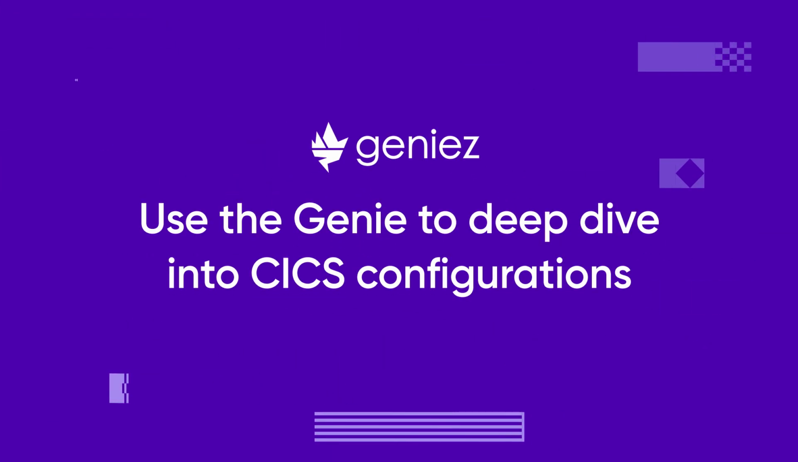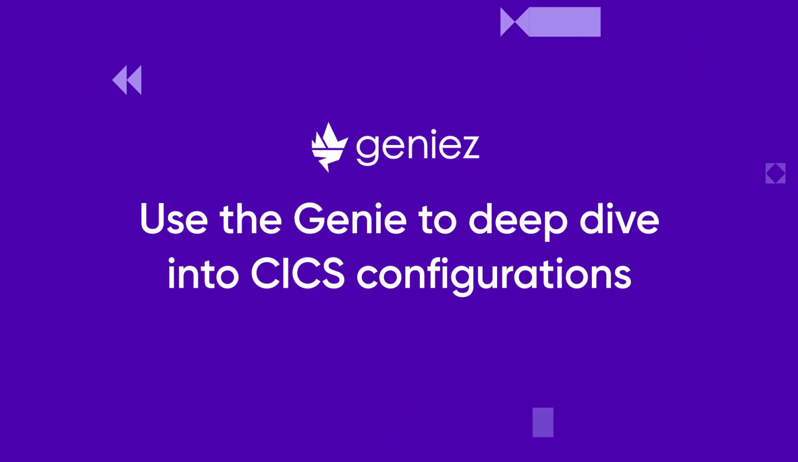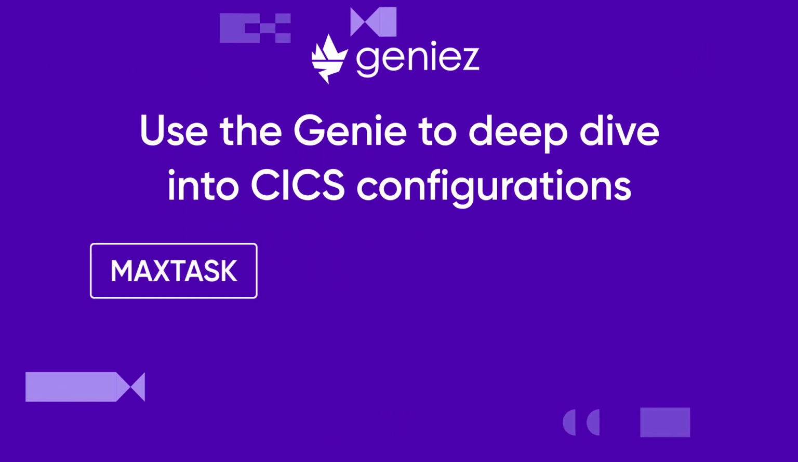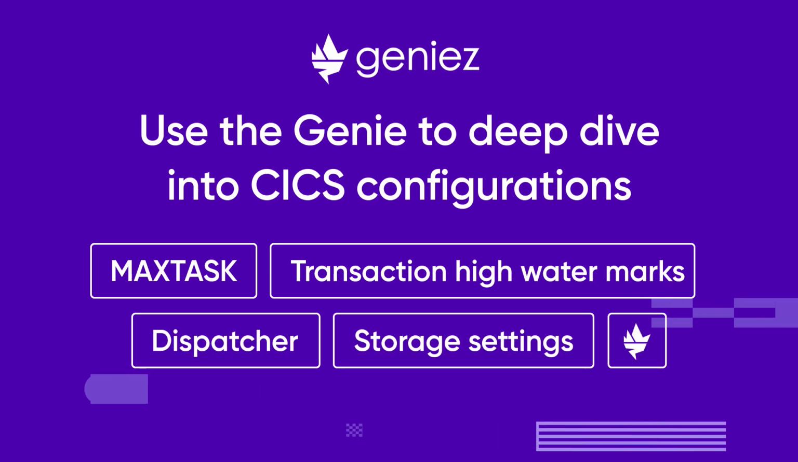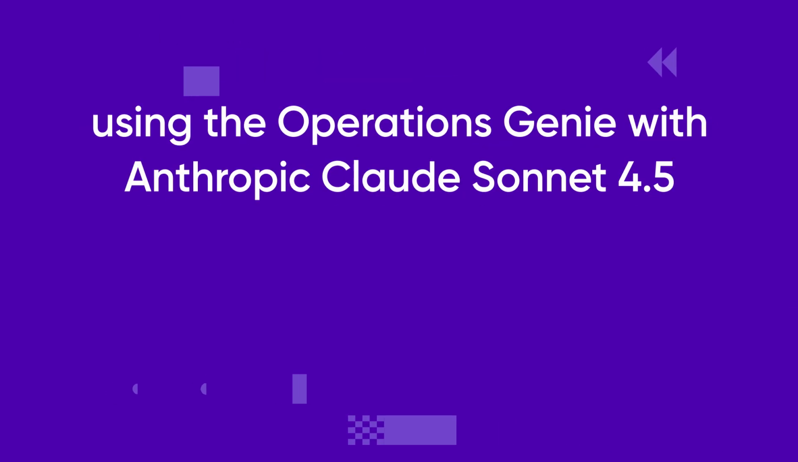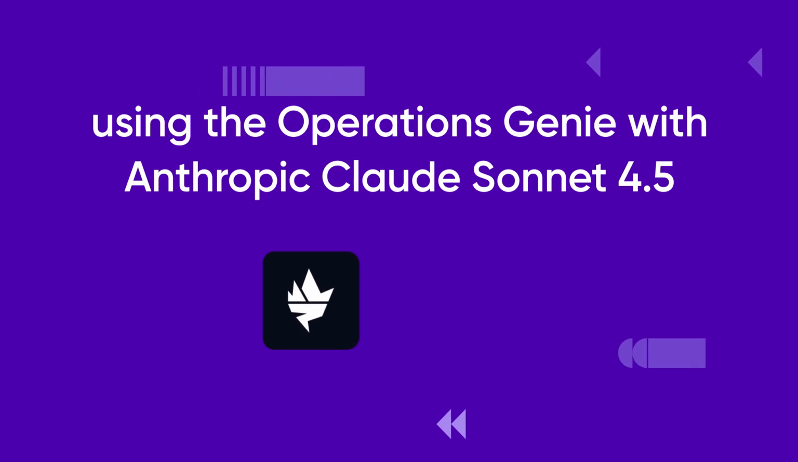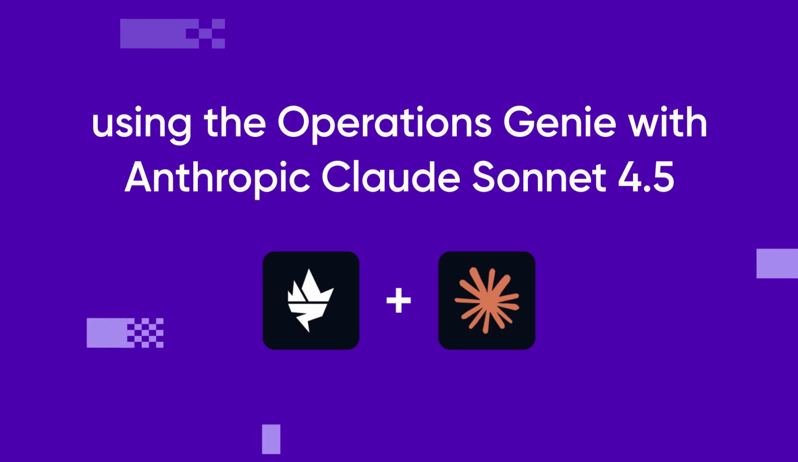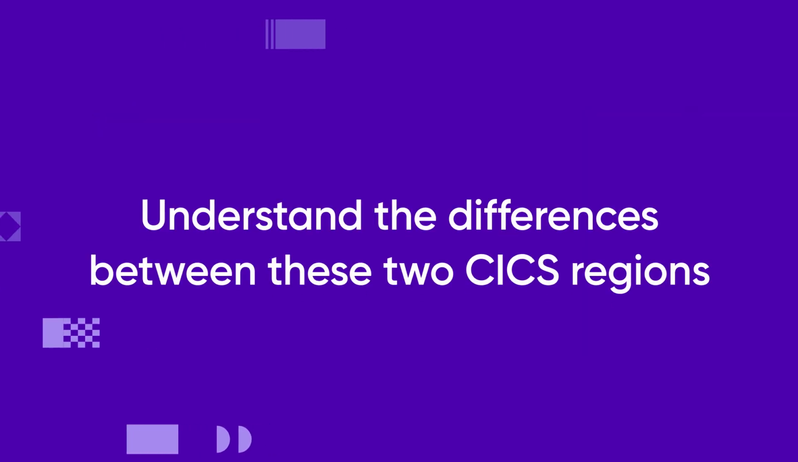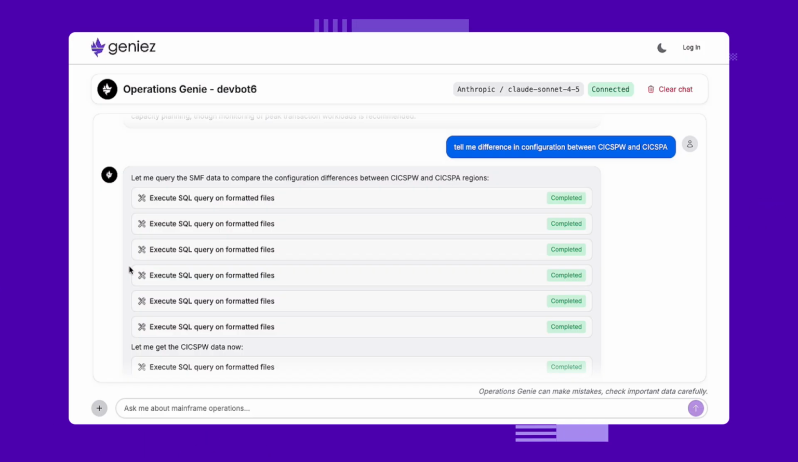We can also use the Genie to deep dive into CICS configurations, such as MAXTASK, transaction high watermarks, dispatch and storage settings. So in this example, we're using the Operations Genie with Anthropic Claude Sonnet 4.5. For this particular example, we want to understand the differences between these two CICS regions, so we've asked the Genie